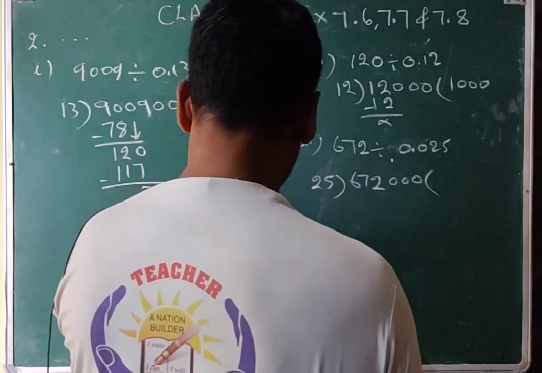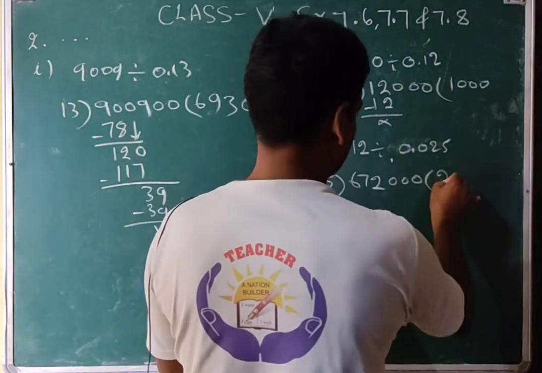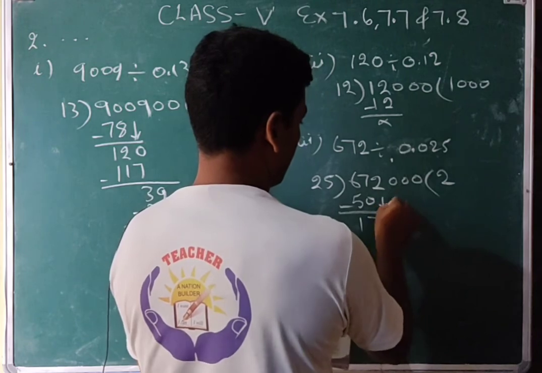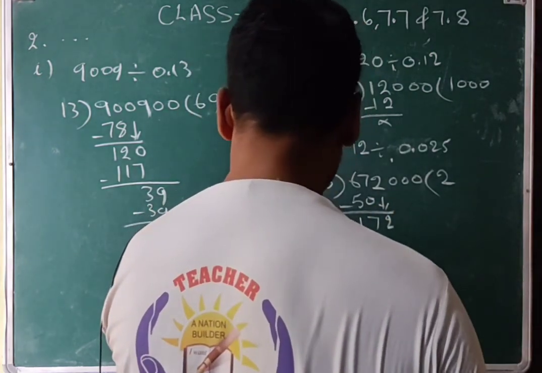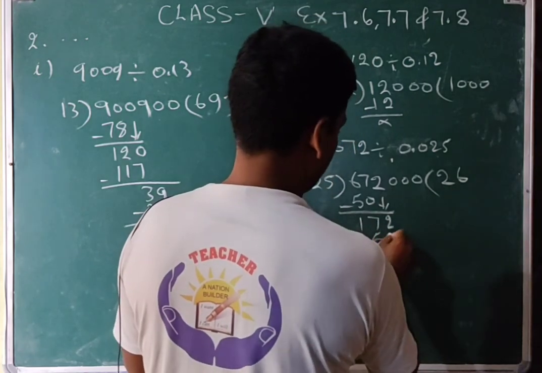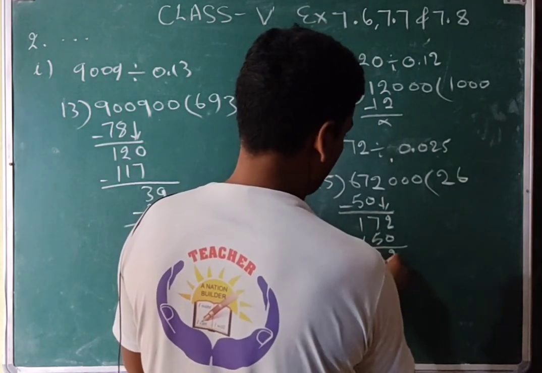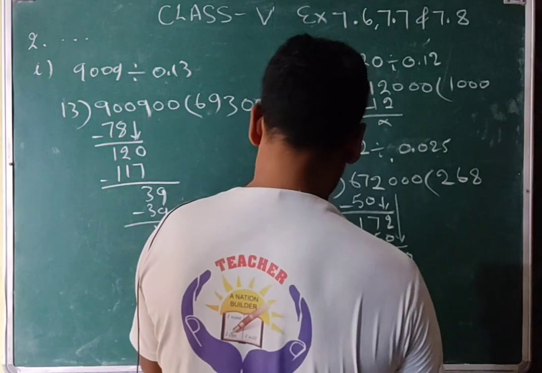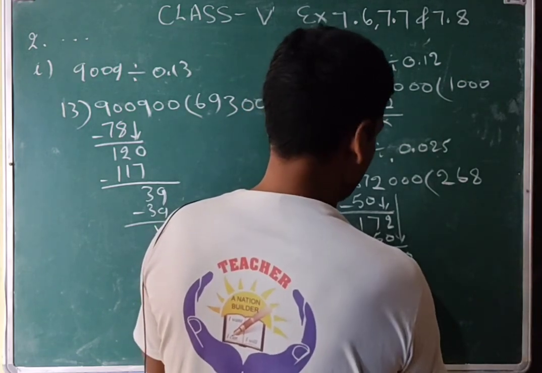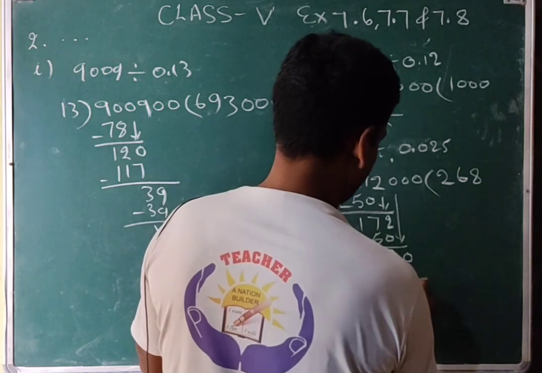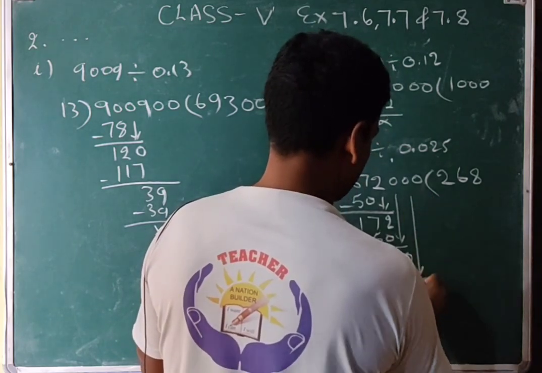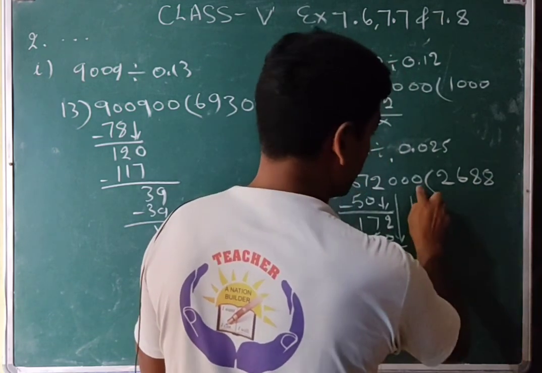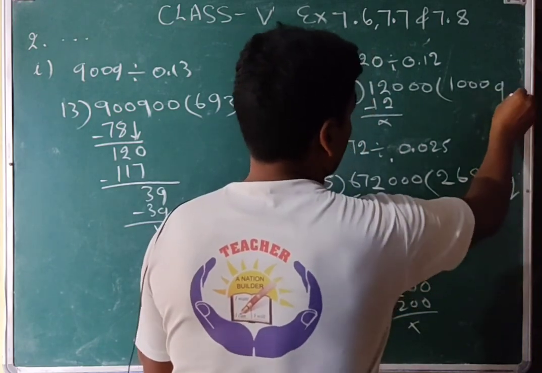So how many times will it go first? That will be 2 times. 25 2 ja 50, and then left is 17 and then 2, that will go 6 times, that will be 150, and then 2 is left, another digit is 0, so that will be 8 times, 8 times will go, 200, and then left is 0, another digit, 8 times again 200, that leaves 10 is left, so we will put it here similarly. These are the quotients. Okay.